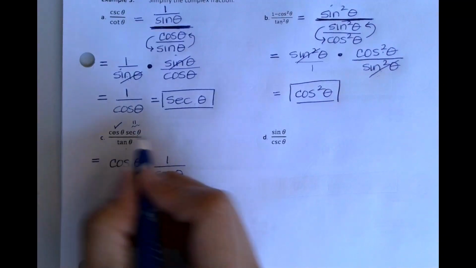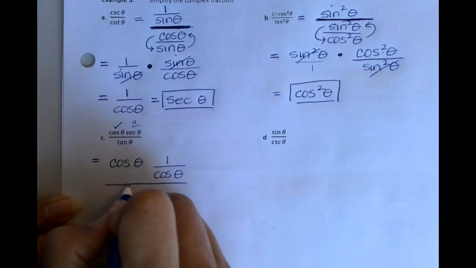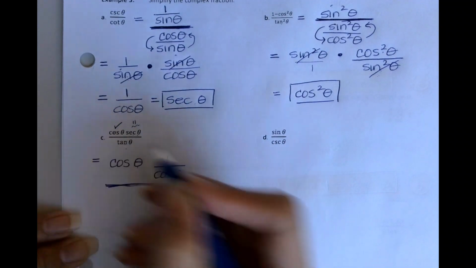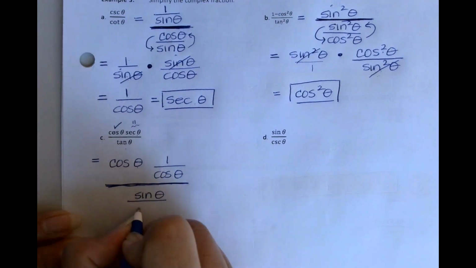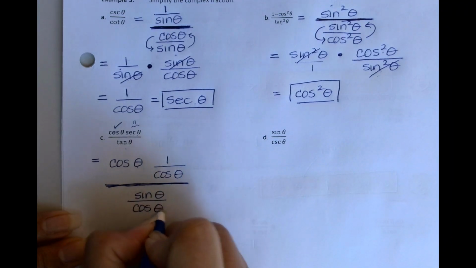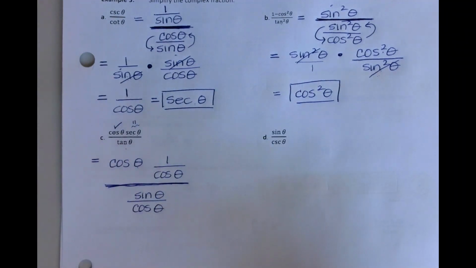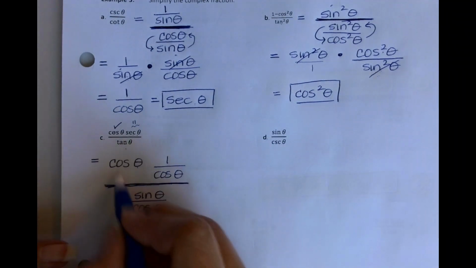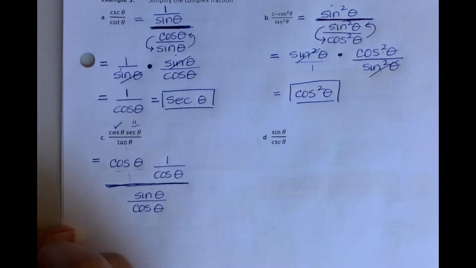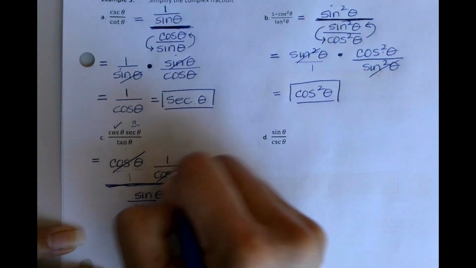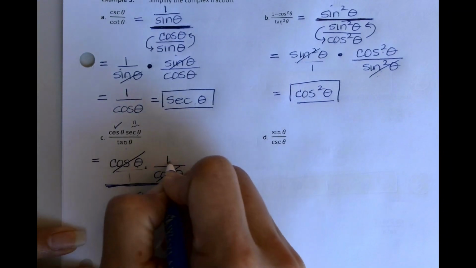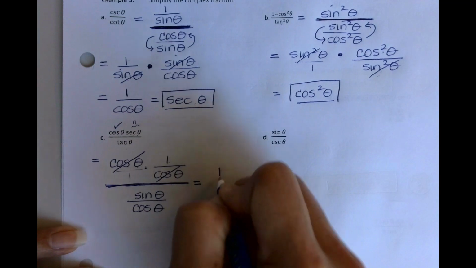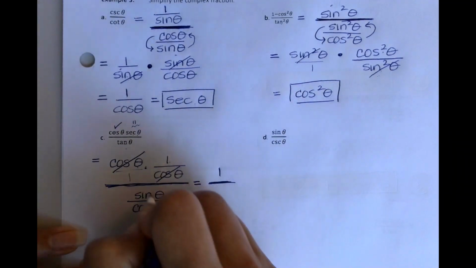Now I put my darkened bar to make it a point that this is a stacked fraction. So, and tangent I'm going to rewrite as sine theta over cosine theta. Now maybe you didn't change it immediately. Maybe you left it as tangent theta, okay? Now once you did that, you saw this is like a over 1. You knew that over multiplication, since these are multiplying, you can cancel. So you were left with a 1 upstairs over sine over cosine,